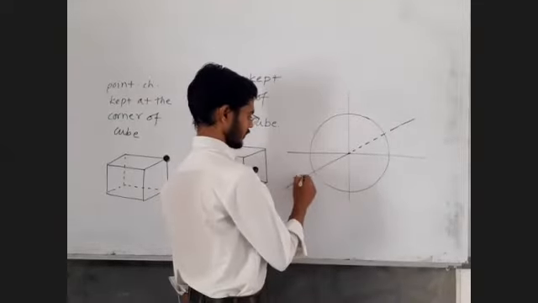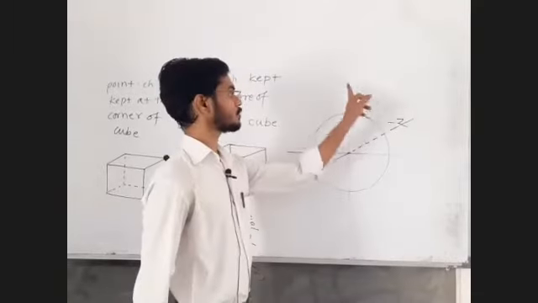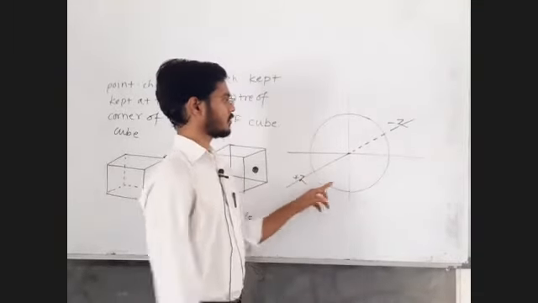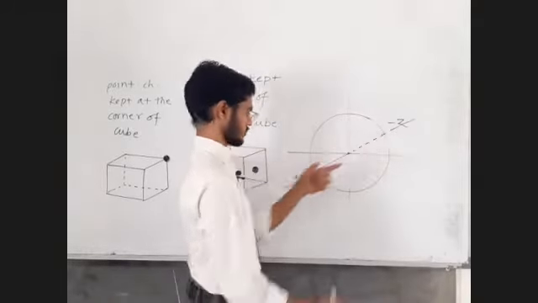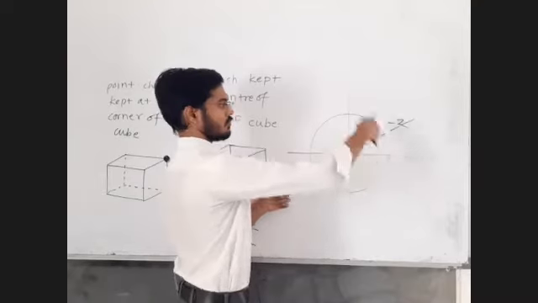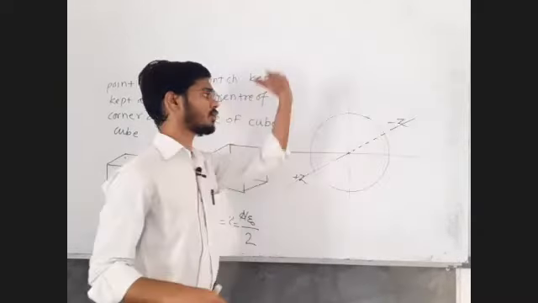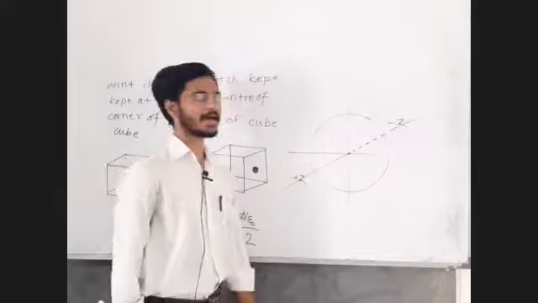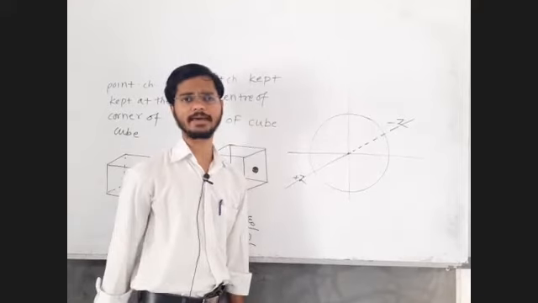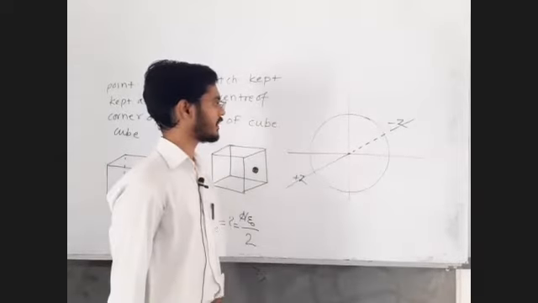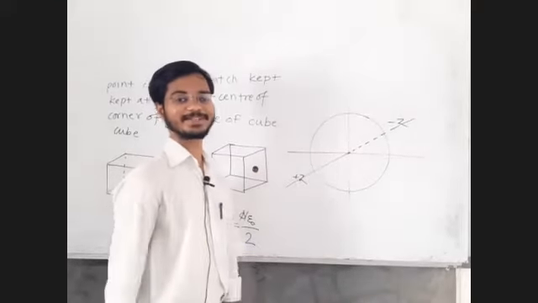This is plus z, this is minus z, plus x, plus y. The general 4 quadrants, along with this plus z, there will be 4 quadrants in the front and 4 quadrants in the back side. So there will be 8 quadrants in the 3-dimensional coordinate system. Agree, disagree? Not 8-dimensional, 3-dimensional coordinate system.